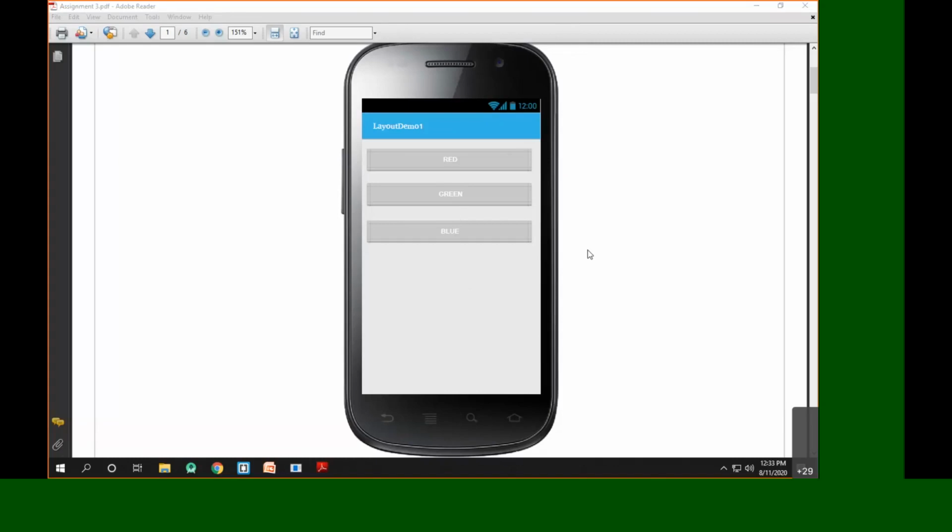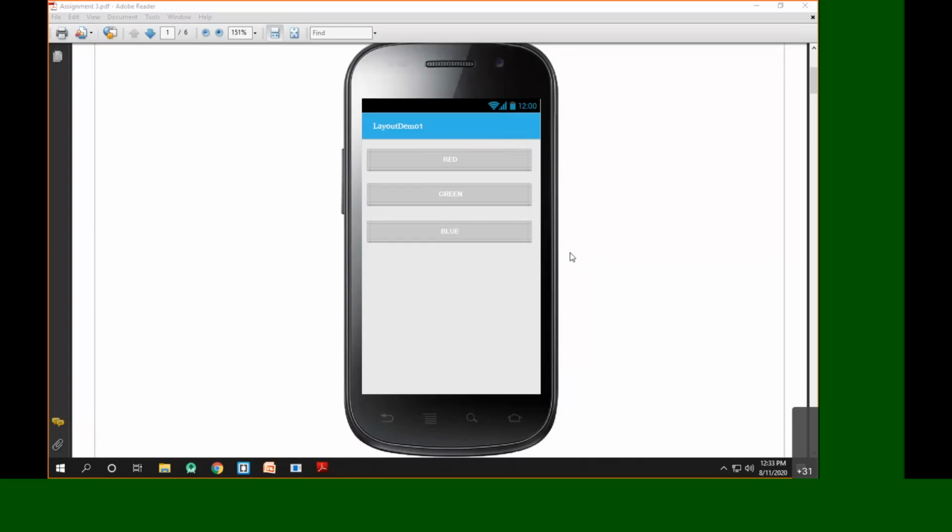So we saw different types of layouts exist in Android. After seeing this design, which layout will be helpful here with minimum coding? Yeah. So Kaushik is saying linear layout. Yeah, so linear layout will be useful here.